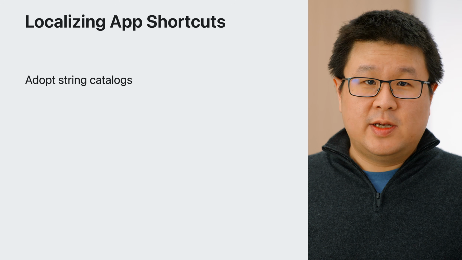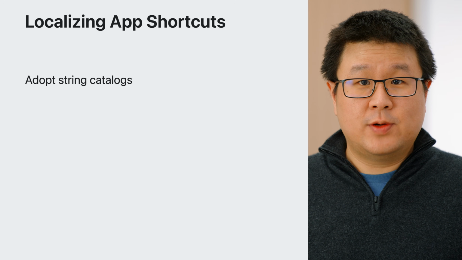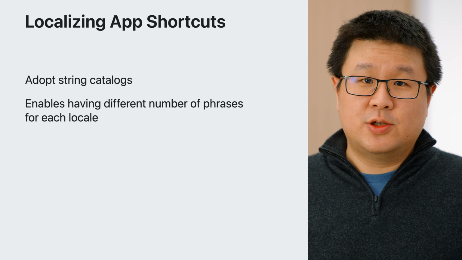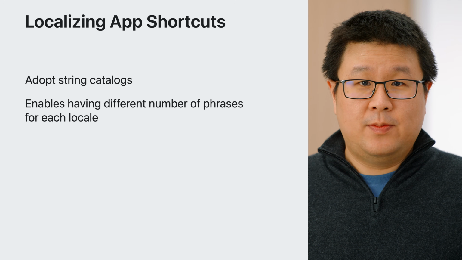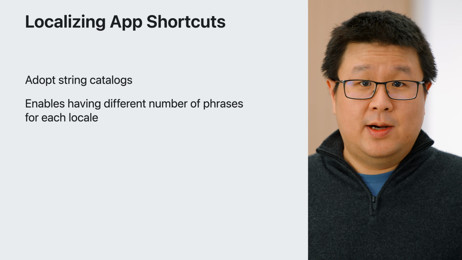App Shortcuts Preview is a faster alternative to manually testing how your app shortcuts work with Siri, and it's going to make developing your app shortcuts easier. In iOS 17, we're also improving how you can localize your app shortcut trigger phrases, along with the new string catalog file format. Previously, you were limited in how many phrases you could have for each app shortcut in each locale. If you define 5 phrases for an app shortcut in your Swift code, for example, you would be limited to 5 phrases in each locale.